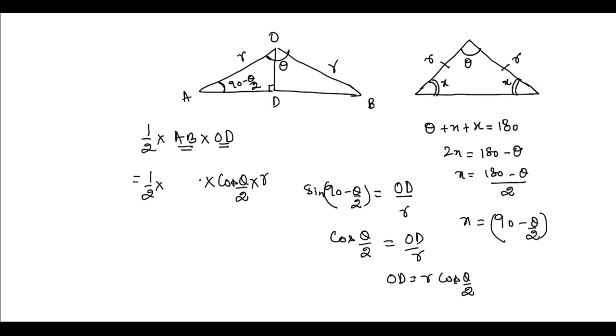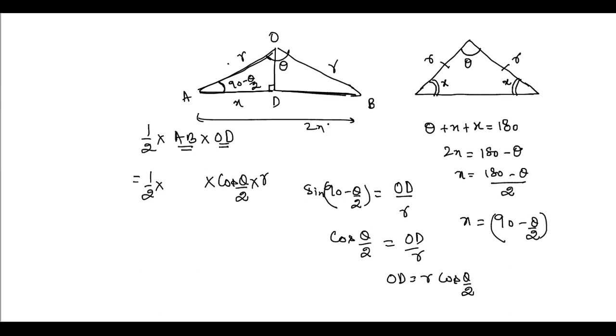Okay, and now we need to find the value of AB. What would be the value of AB here? We can calculate AB because of the relation here: we calculate the value of AD, and whatever value of AD we have, AB would be twice of this one. Means if AD is x, then AB is 2x.